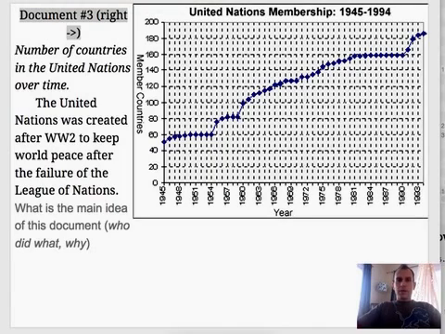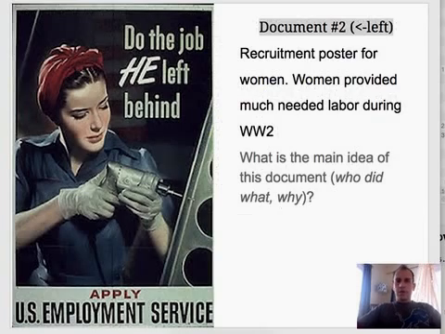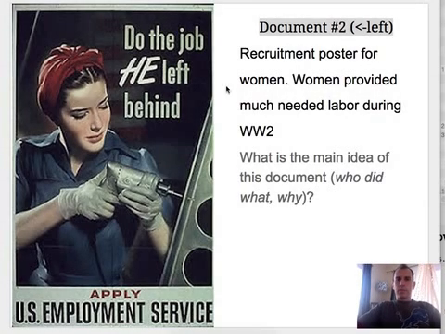So let's start out here with document 2 here, this poster. It says recruitment poster for women. Women provided much needed labor during World War II. And in the poster it says do the job he left behind. And it says apply U.S. Employment Service. So what I'm going to do is I want you to take a little bit of time on your paper. I want to write out what you think the main idea is. So just get an idea of